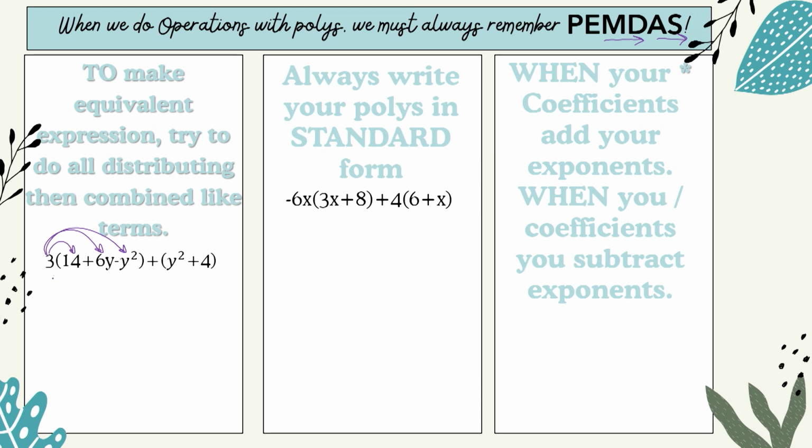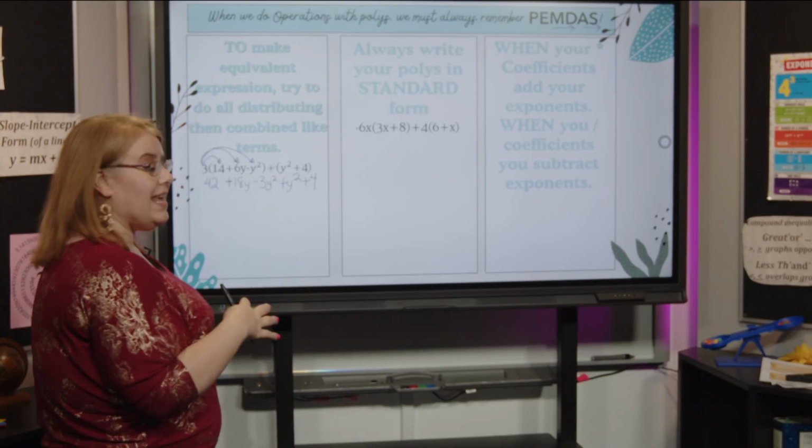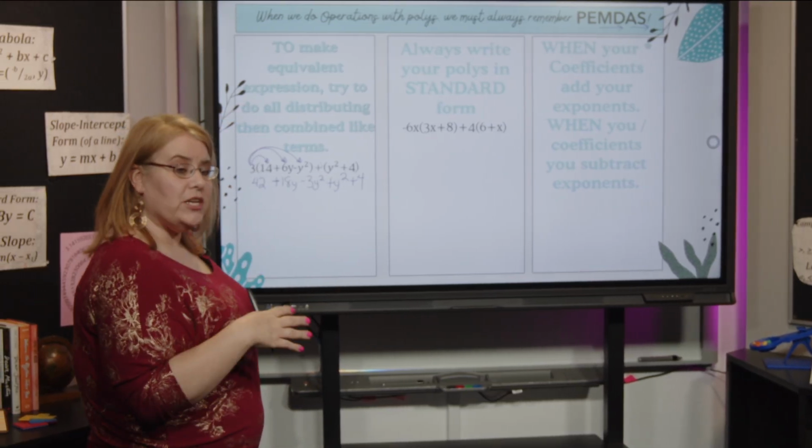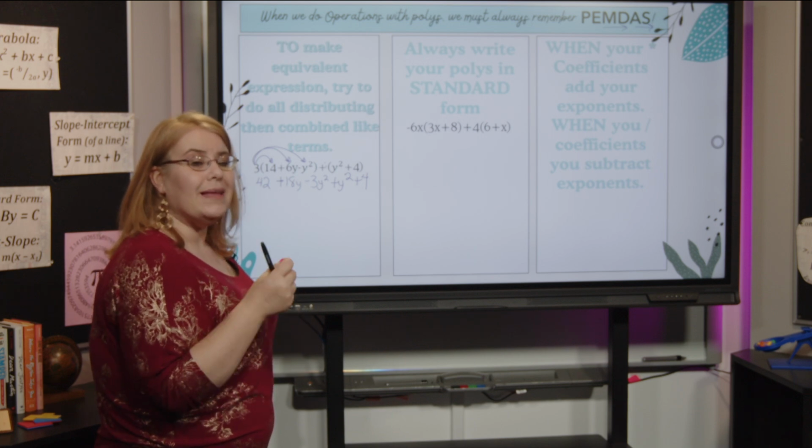3 times 14 is 42. 3 times a positive 6y is plus 18y. And 3 times a -y squared would be -3y squared. Now, I don't have anything to multiply but an understood 1 right here, so I can just write them as they are. Now, true, this is an equivalent expression, but I always like to get my like terms